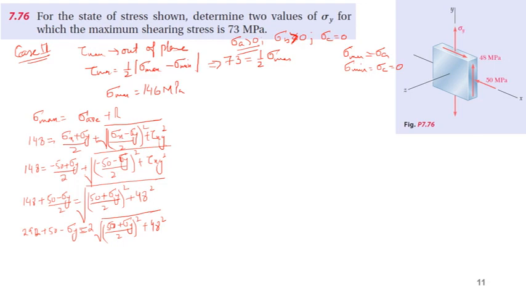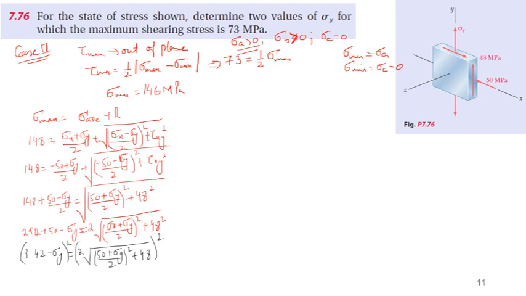Let me further simplify, this will become 342 minus sigma y is equal to 2 times under root 50 plus sigma y divided by 2 square plus 48. So let me take a square on both sides